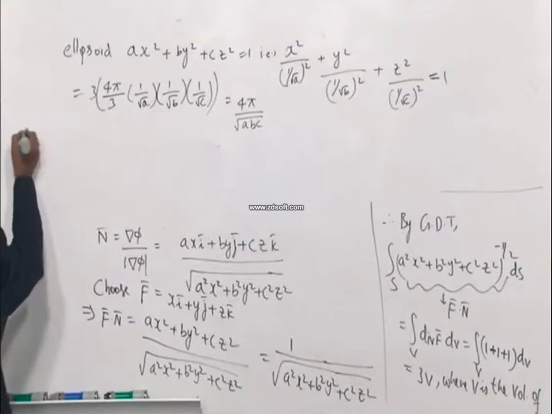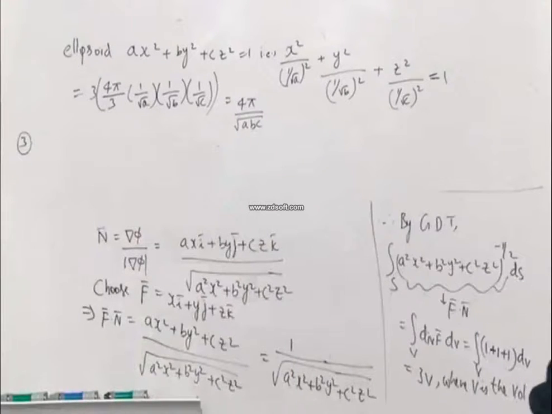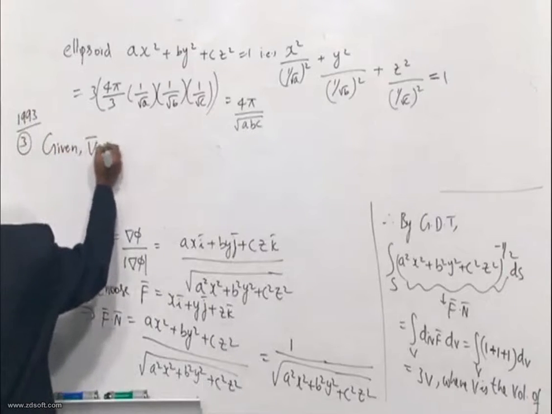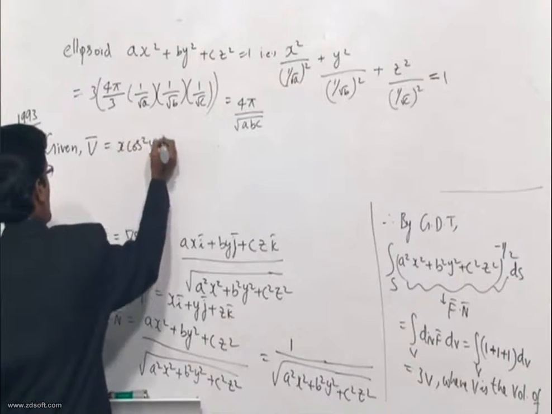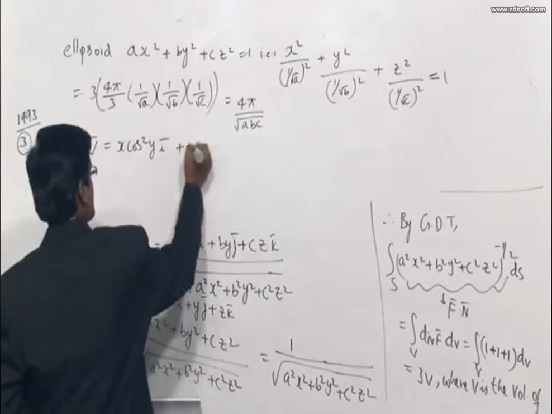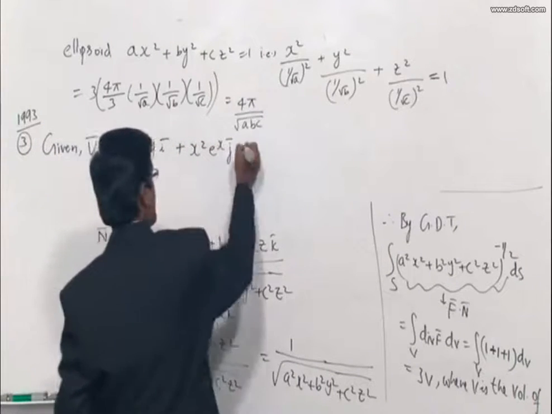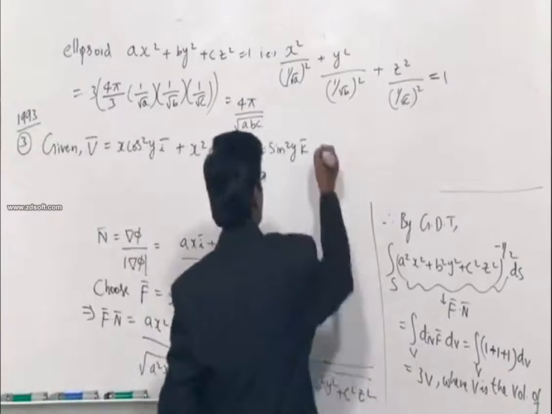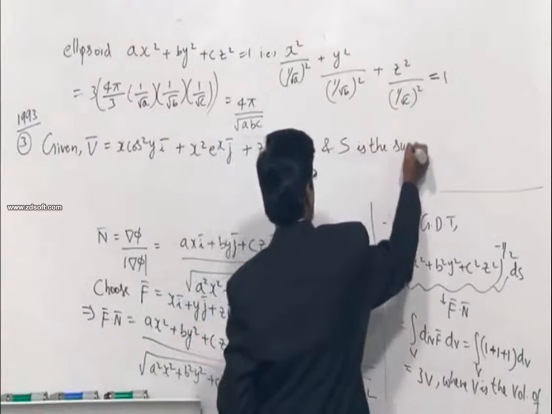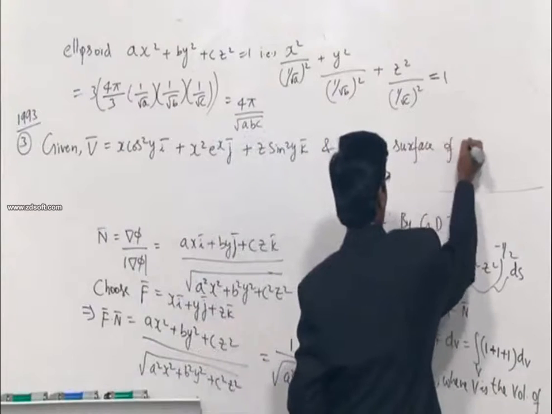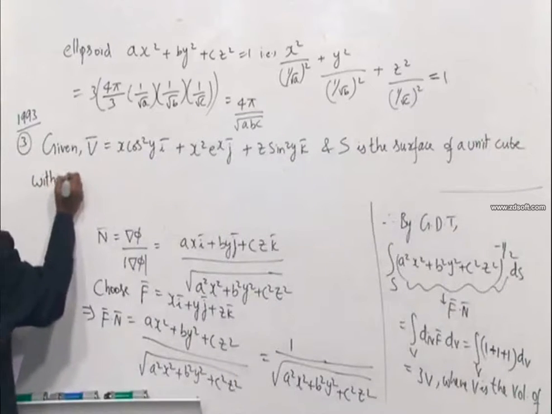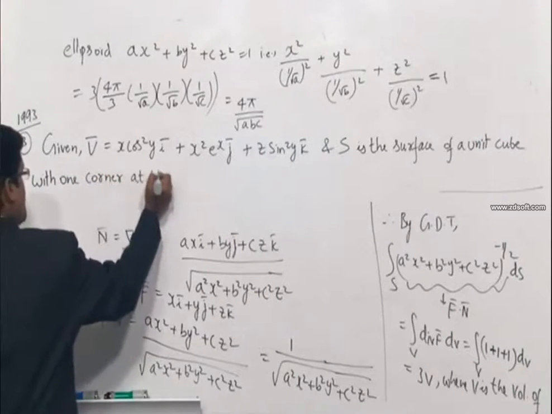Third one, (1993). Given V bar is equal to x cos square y i bar plus x square e power x j bar plus z sin square y k bar, and S is the surface of a unit cube with one corner at the origin